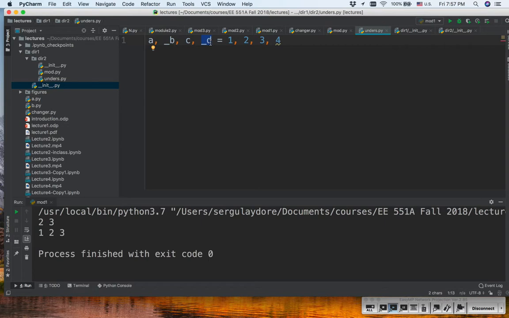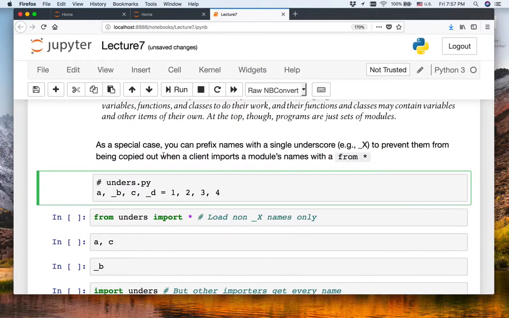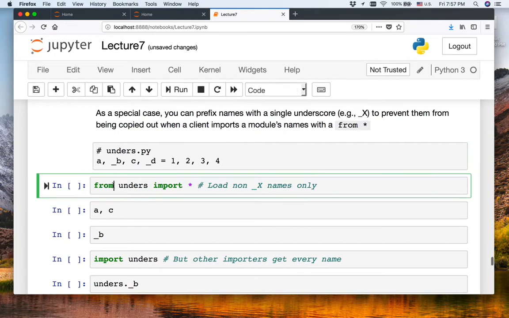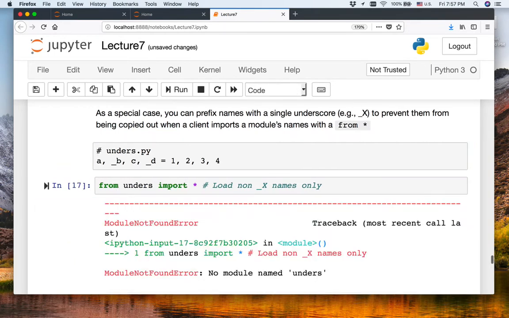So, you know, underscore at the beginning of your variable has a special meaning for Python. So when we say from unders import star,